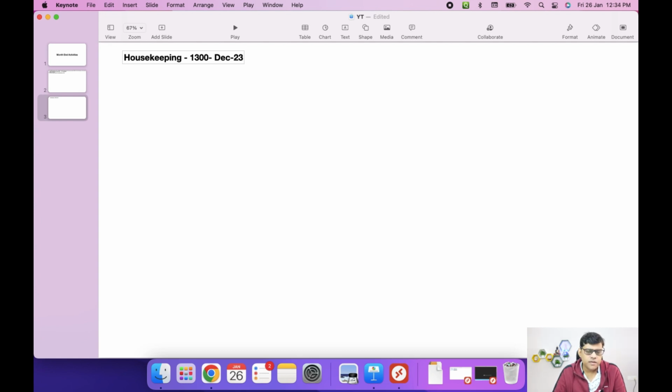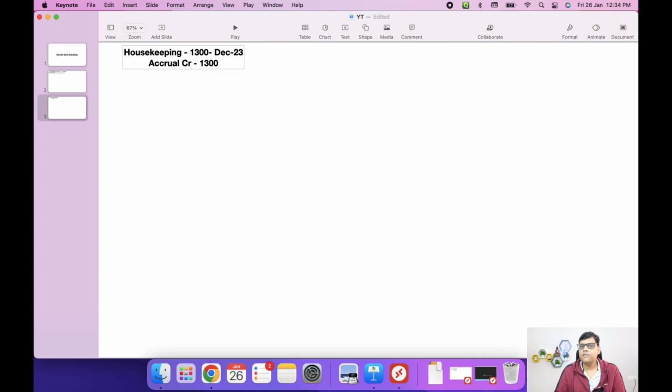So housekeeping expenditure 1300 is going to be debited, and the credit will be, as the vendor has not submitted the invoice, a liability. This is known as your accrual, or in simple language, your accrual outstanding liability. So this accrual is going to be credited 1300. But definitely in January, the vendor is going to submit the invoice. At that time the accrual will be reversed and the actual invoice will be entered in the system, with housekeeping expenditure debited and the vendor credited.